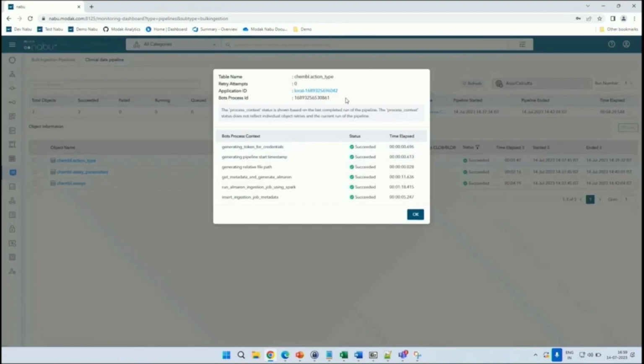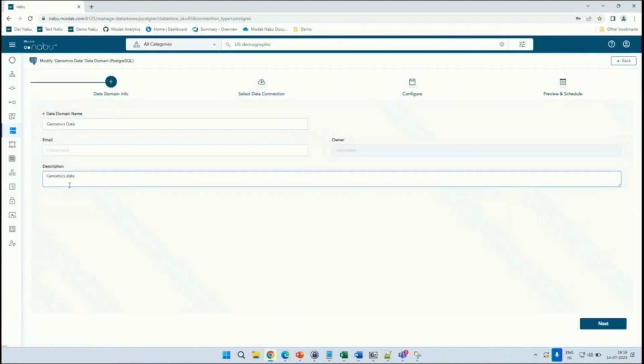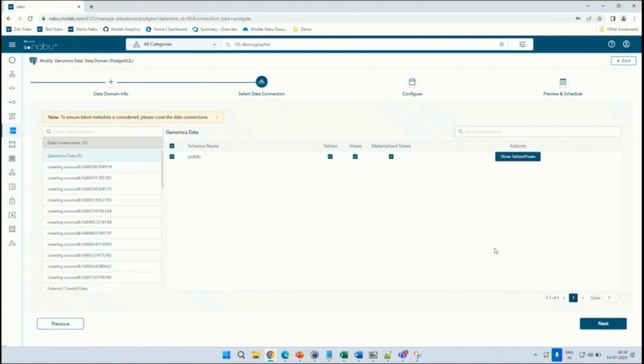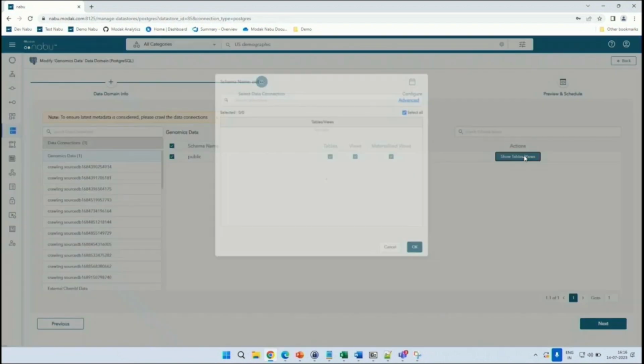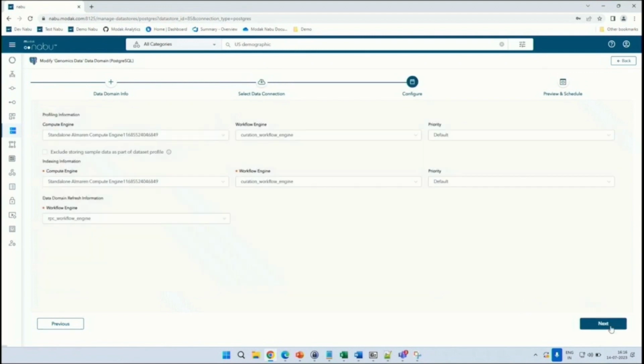They also have access to the logs, which helps in identifying the reasons for any kind of errors that may have arisen. Once the data products have been created, they can be explored using the data discovery functionality. And to enable that, we start with creating data domains. Data domains in Nabu are access-governed logical groupings of data assets from one or more different physical sources. To create these data domains, we select the tables or views from a variety of different sources that should be part of this data domain according to the business context.